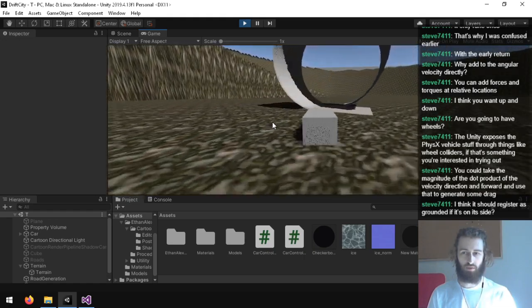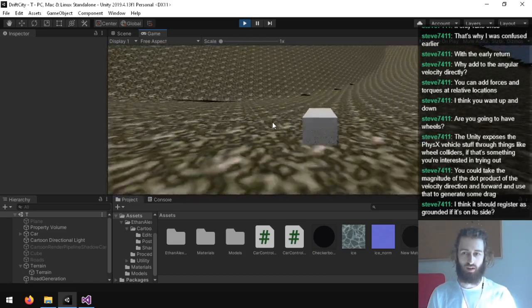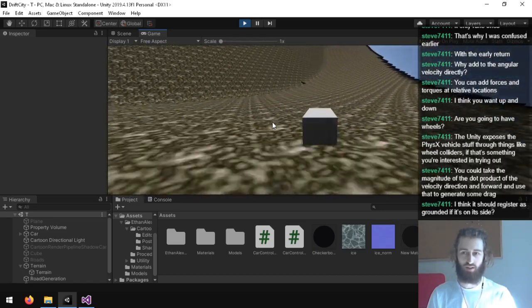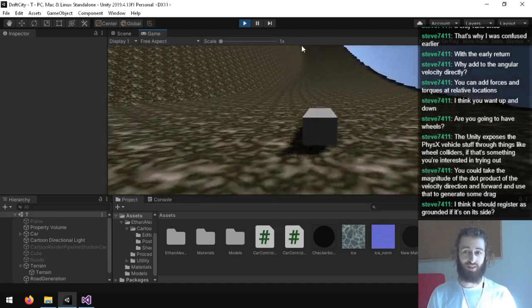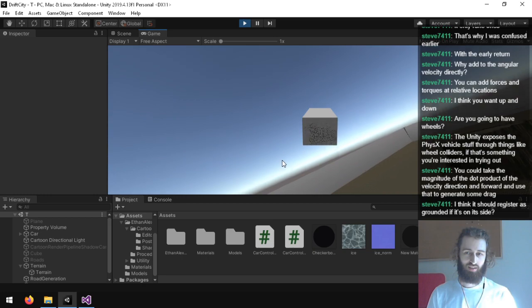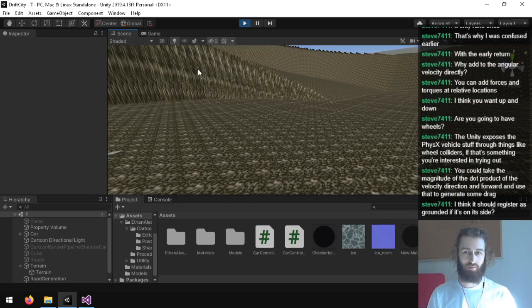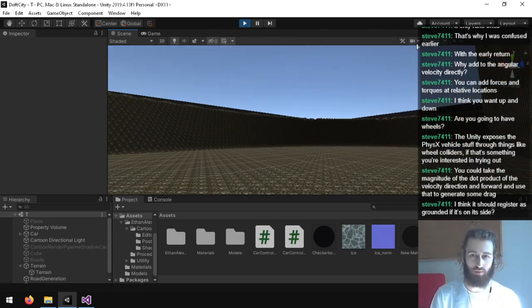This definitely feels like drifting right now. If the whole game was just drifting, then this would actually work pretty well, but it's not. This is really good. Like, this driving right here is pretty damn fun. Okay, I'm probably gonna go out the map. Did we go out the map? I think we just flew out the map. We flew out the map.